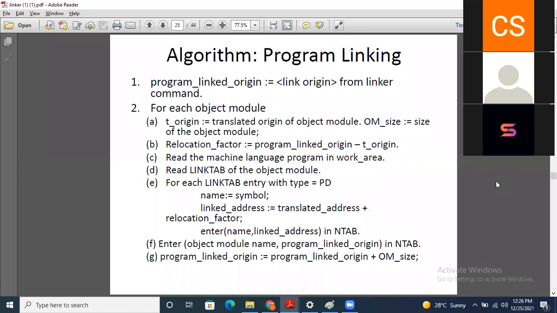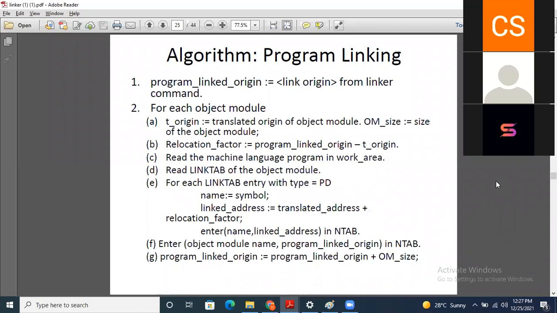Okay, so your NTAP, that is the name table, will be configured like this. And after that, it will enter the object module name and program linked origin in the NTAP, because NTAP contains both entries, one is the PD, that is the public definition entry, and second is the object module entry.